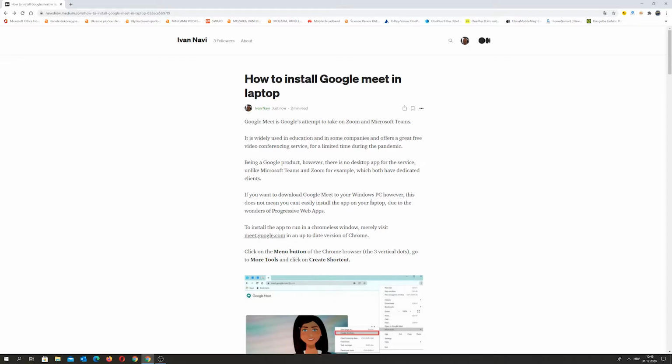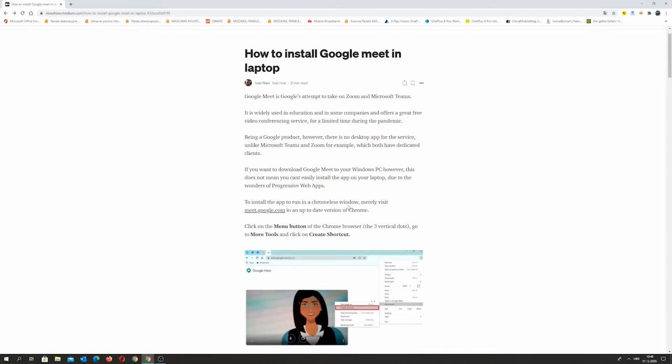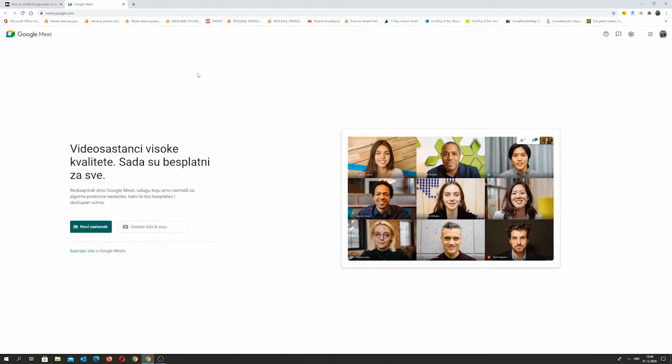do that. So basically, first you need to go to the website meet.google.com. Just open a new tab, and when you do that, it will open the page of Google Meet. And then basically this is an online application, but still you can make a desktop icon, so you don't need to open every